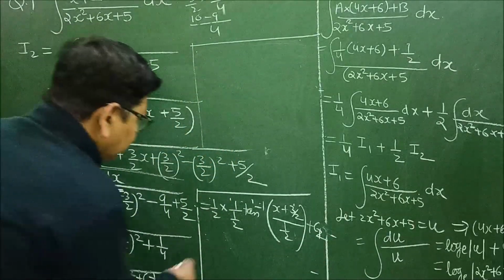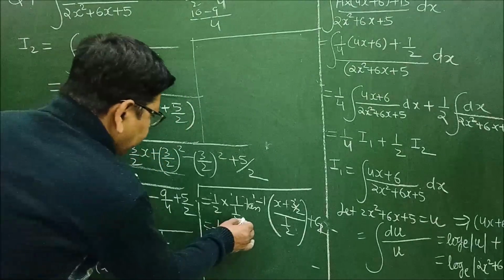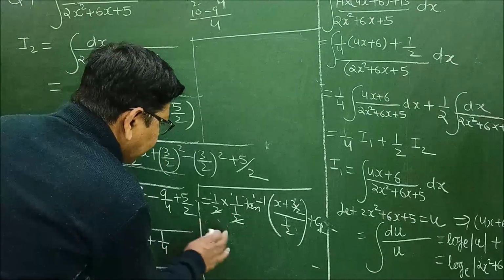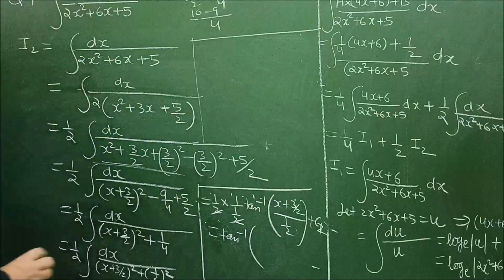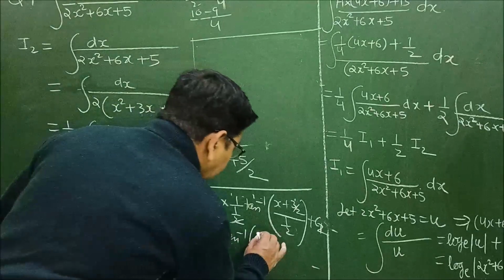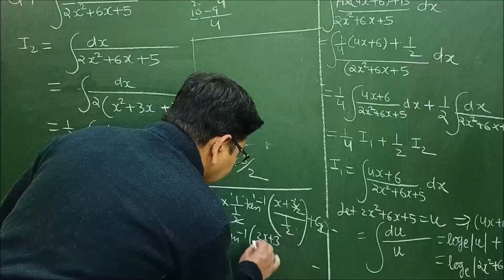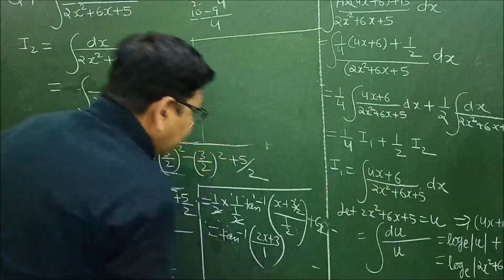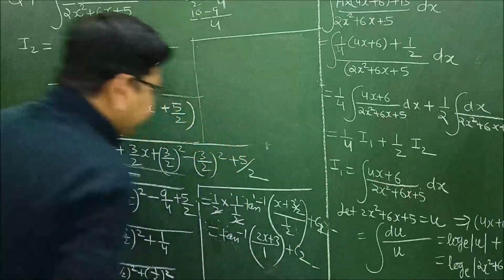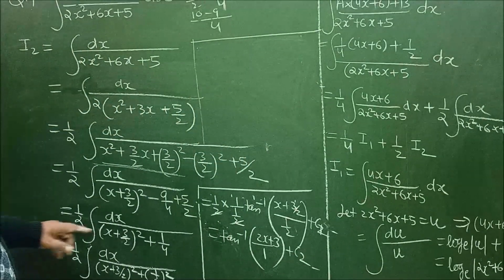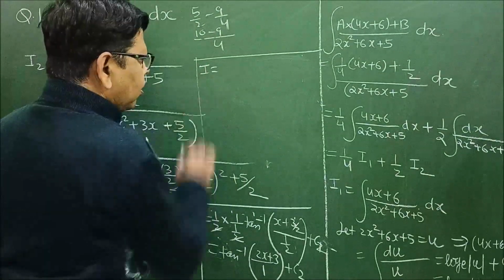So this is equal to 1 upon 2 into, this 2 and 2 get cancelled, so tan inverse, and on taking the LCM in the numerator, 2x plus 3 upon 2, that is 2x plus 3, and this 2 and 2 get cancelled, so tan inverse (2x plus 3 upon 1) plus c2. Now putting the value of I1 and I2 here, we get the whole integral is equal to 1 upon